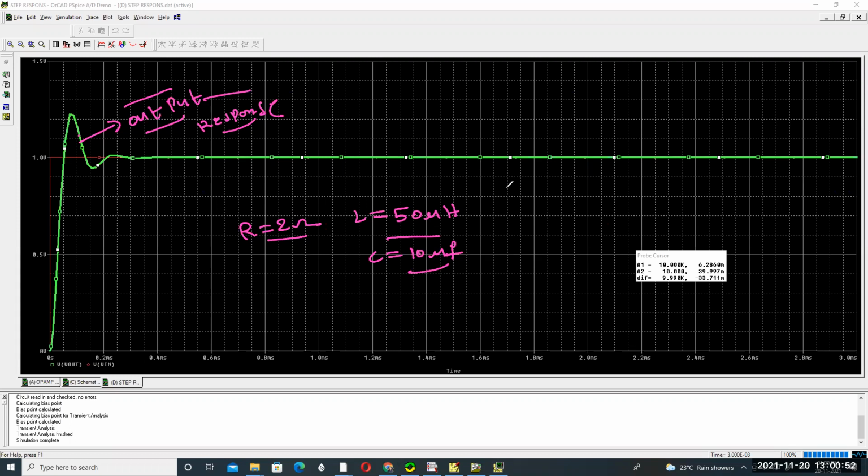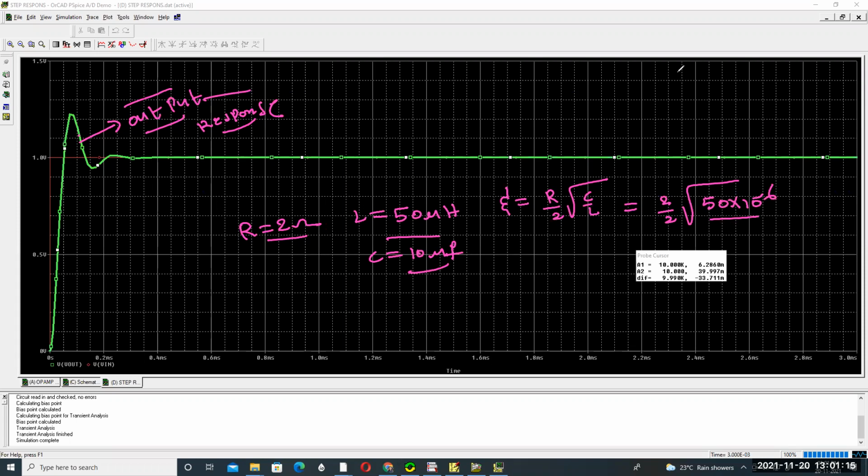We know the damping factor zeta is equal to R by 2 into root of C by L. By substituting these values, R is equal to 2, so 2 by 2, and C is 10 microfarads, L is 50 microhenry, 50 into 10 to the power minus 6.